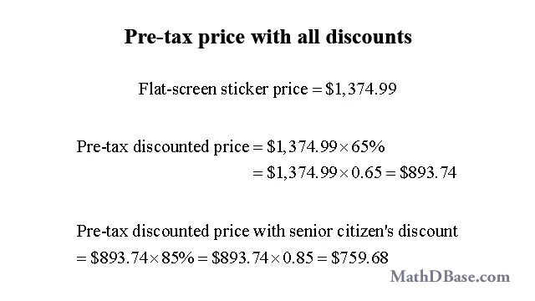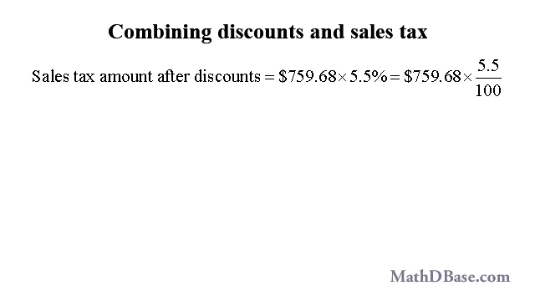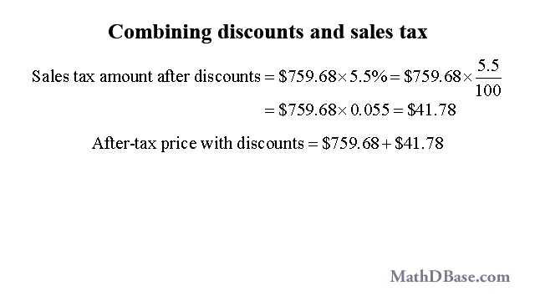$893.74 times 85%, or $893.74 times 0.85, which is equal to $759.68 to the nearest penny. The sales tax on her purchase is $759.68 times 5.5%, or $759.68 times 5.5 over 100, which is equal to $759.68 times 0.055, or $41.78. So Mrs. Smith's total price is